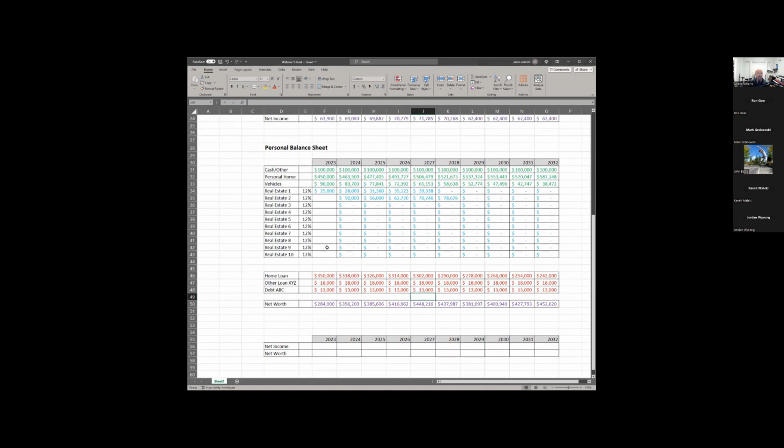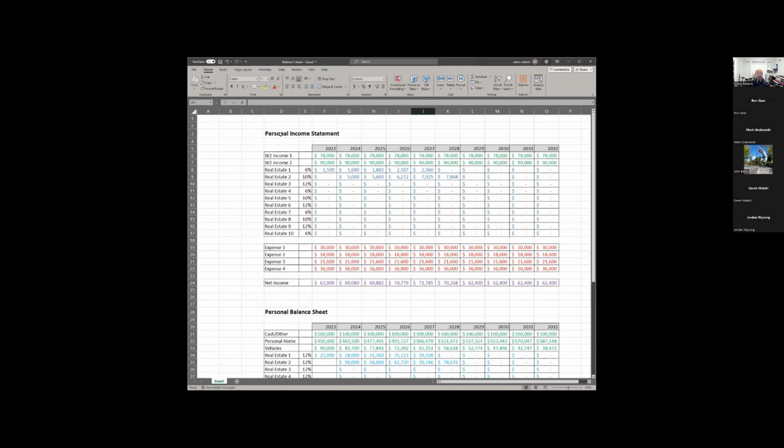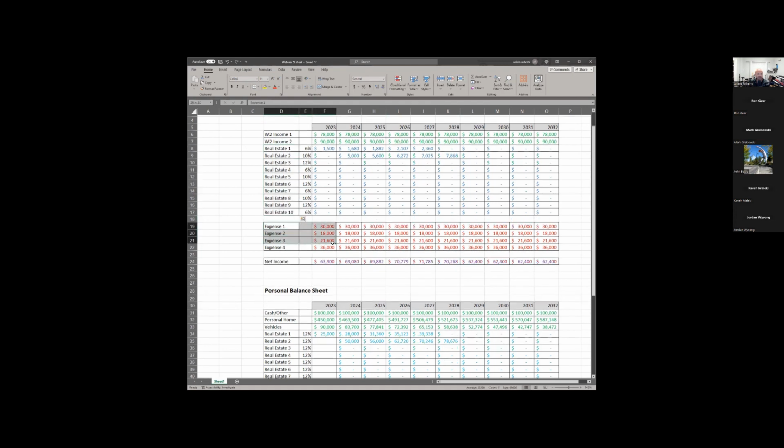To go along with the balance sheet, I've got my income statement, okay? And I've laid this out by year, but I can tell you this much. The income statement, like I said on a prior slide, should really be reviewed monthly. So on my personal financial spreadsheet, I've got an income statement by year, but I also have it by month because I review it every 30 days. So you need both. For this hypothetical American family, I've got a couple of W-2 incomes. Here's all my planned real estate. And then here's my annual expenses.